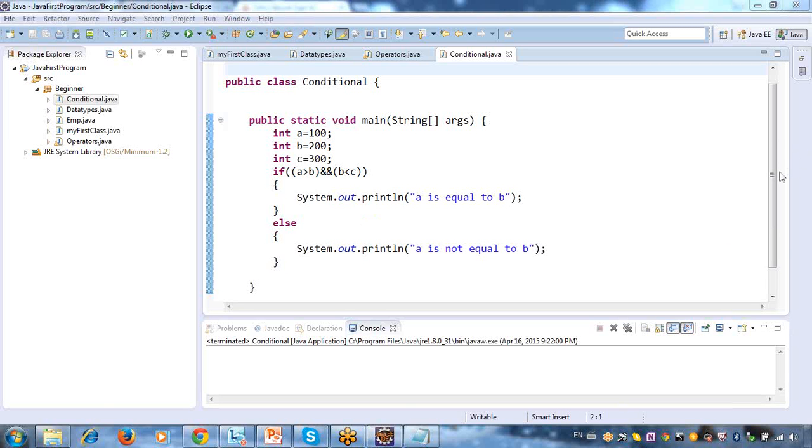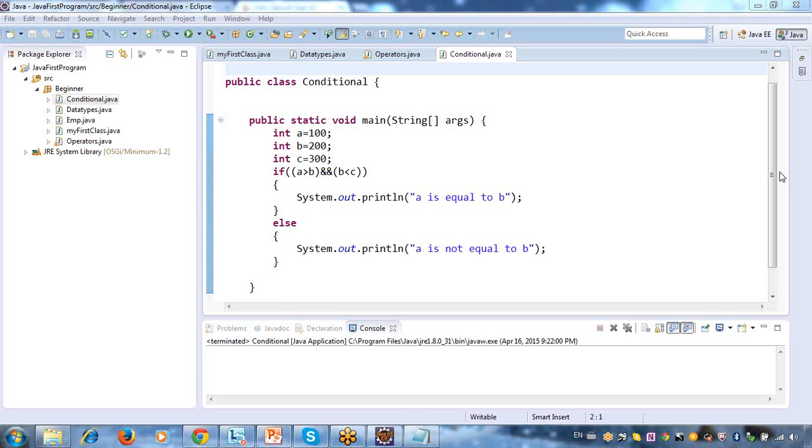Either I will use the if condition or I will use my switch case. I will use the if condition if I'm having one or two conditions. If I'm having more than two conditions, just imagine that you have different credit cards, ICICI, HDFC, and Bank of America. So many credit cards are there, and every time I want to select only one credit card at a time. In this kind of situation I cannot go with my if condition. What I will do is I will use switch case.